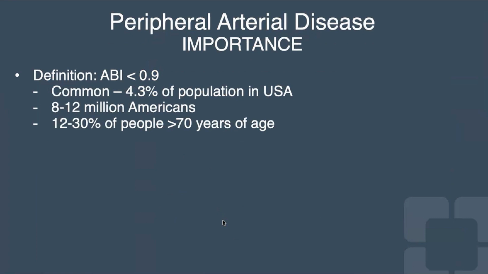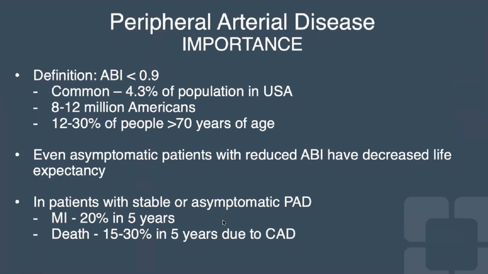It's very common, about 4.3% of the population, up to 12 million Americans, and even more common in patients over 70 years of age, as it gets more prevalent as we age. It's important because even asymptomatic patients who have an ABI less than 0.9 have a decreased life expectancy. In patients with stable and asymptomatic PAD, their MI rate is about 20% in 5 years, and their death rate has been reported as high as 30% in 5 years due to coronary disease, as PAD acts as a marker for disease in other vascular beds,